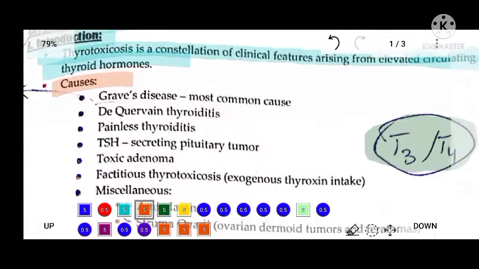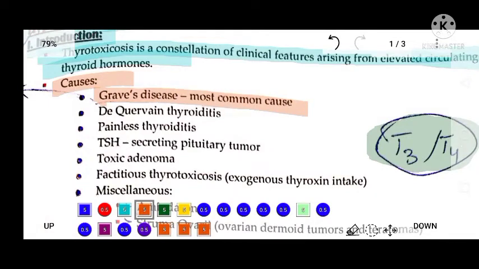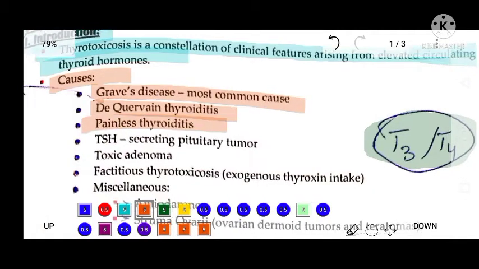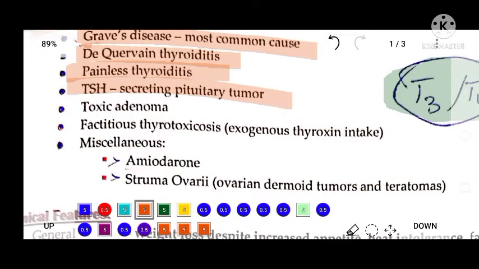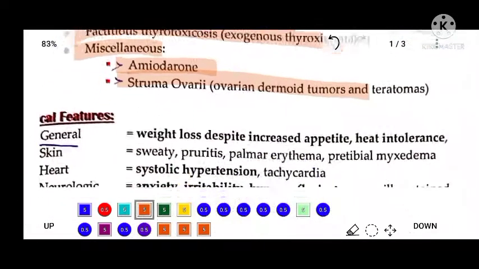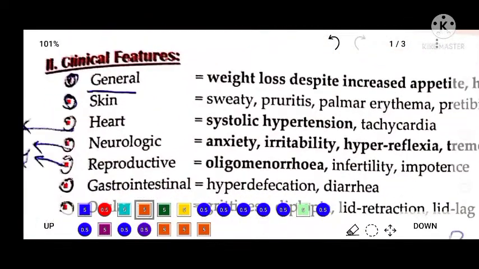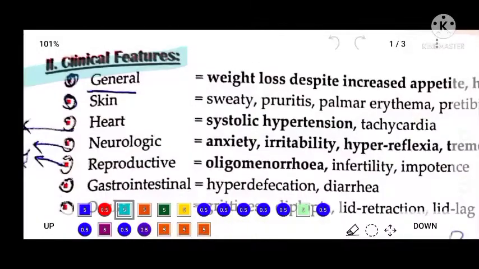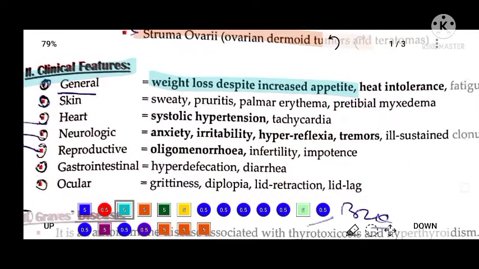There are multiple causes of hyperthyroidism like Graves' disease, subacute thyroiditis, painless thyroiditis, TSH secreting adenoma, and infectious thyrotoxicosis, and drugs like amiodarone toxicity or ovarian dermoid tumors or teratomas. So these can trigger thyroid hormone and hyperthyroidism occurs. Now clinical features of hyperthyroidism: general features will be weight loss, increased appetite with heat intolerance